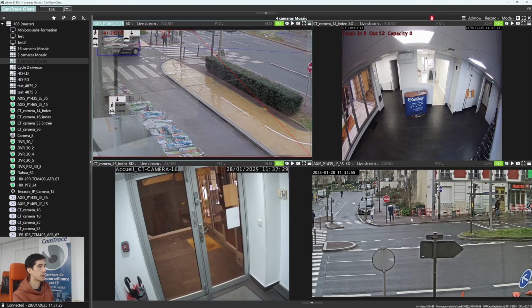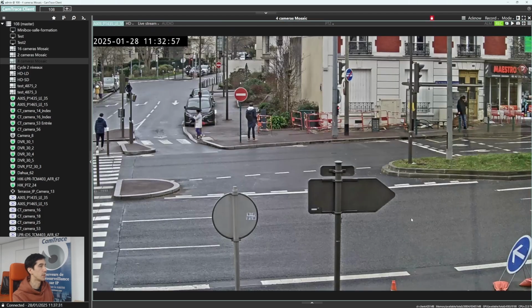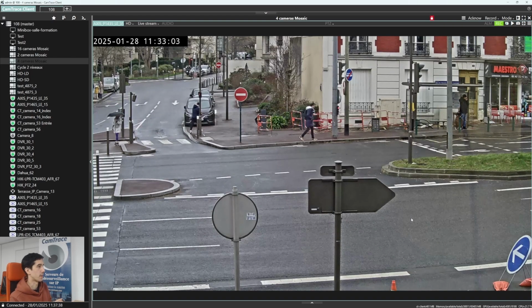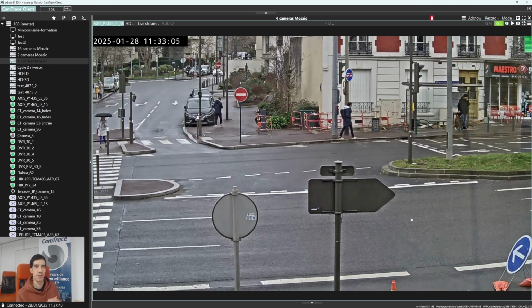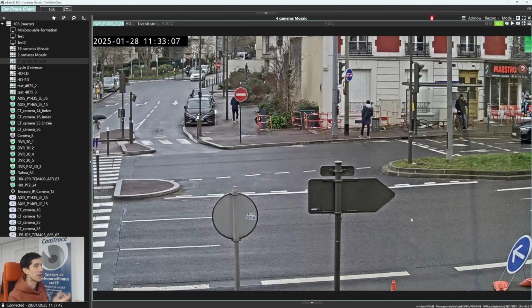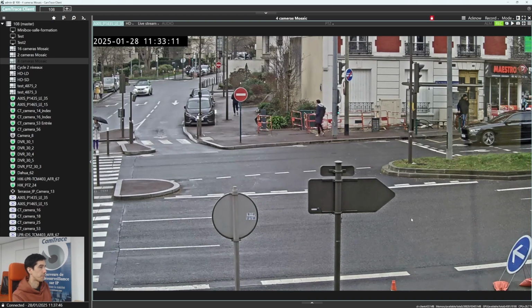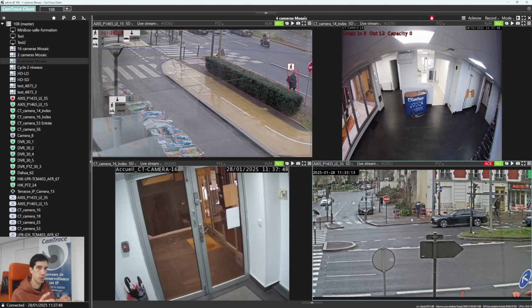But if we double-click one camera, it will switch to HD. You can notice here the very good Paris weather. We are used to it. Of course, if you double click, it will go back to your mosaic.